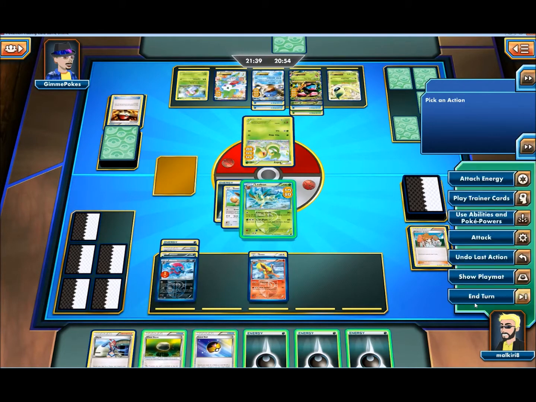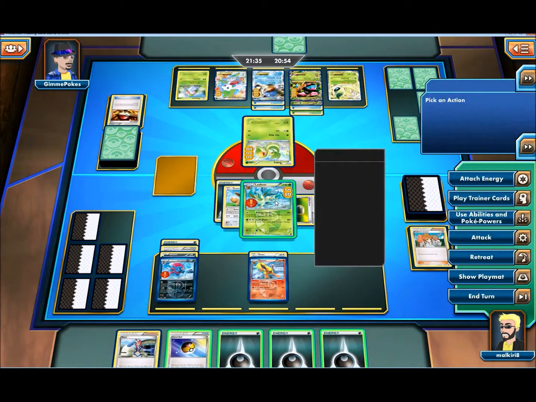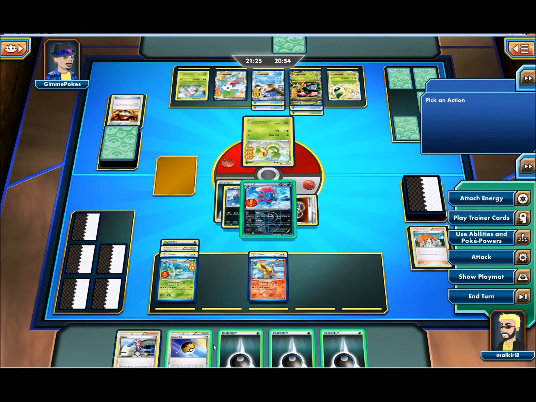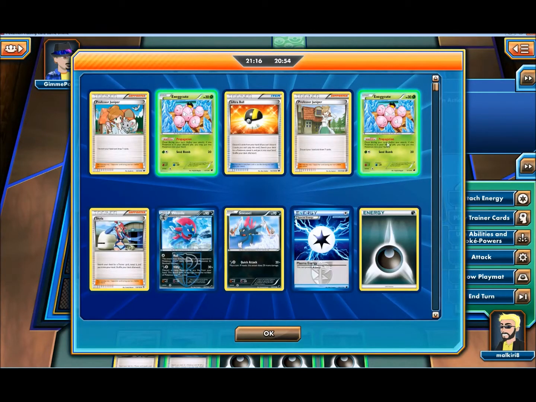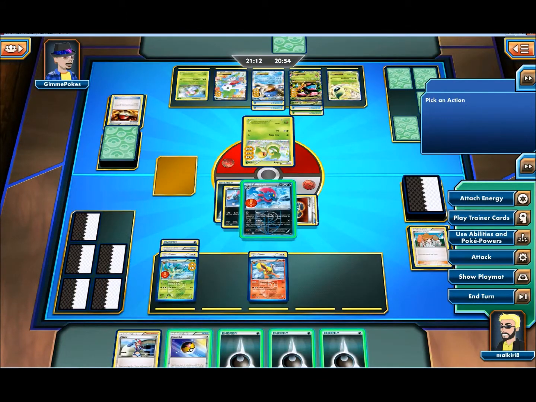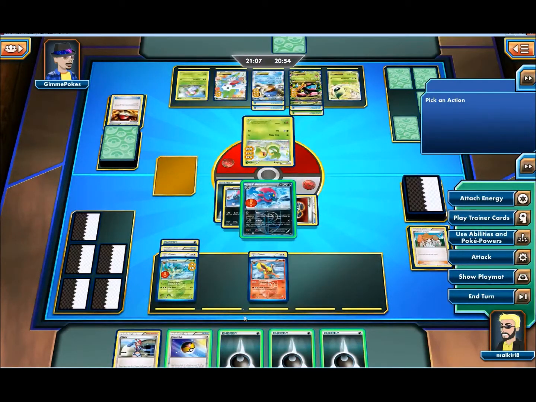Let's see, let's cancel this. I want to save my Leafeon for when the Venusaur or the Blastoise comes out. So we're gonna retreat here into Weavile, and I'm going to attach the Flareon. Now we kind of have a counter for all of his attackers. Flareon's gonna be doing 1, 2, 3, 4, 5, 6, 7, 80. So 160. That's not enough to knock out a Mega Venusaur, but if we get,